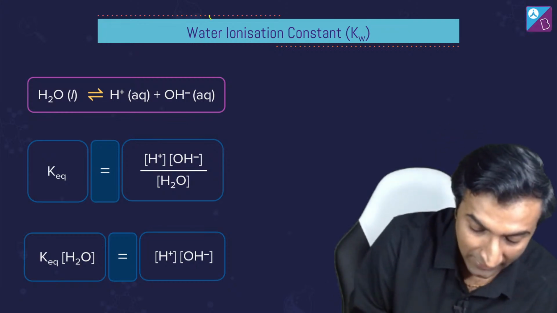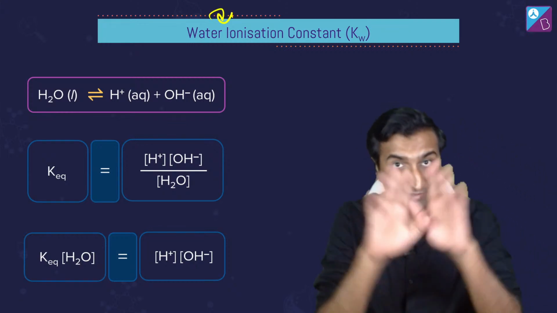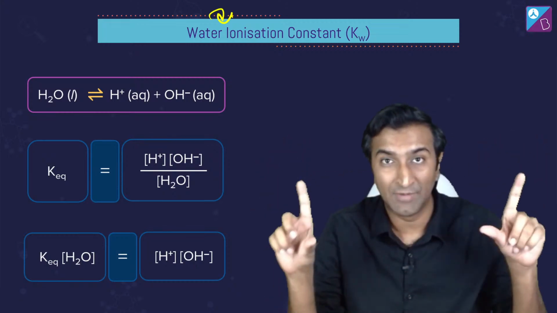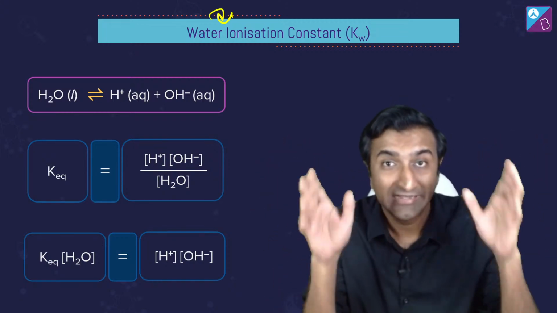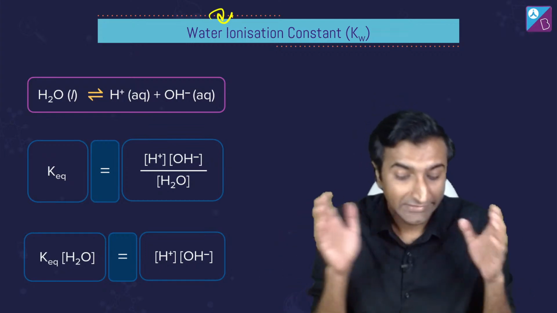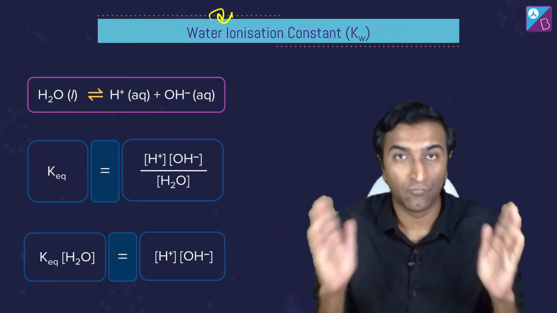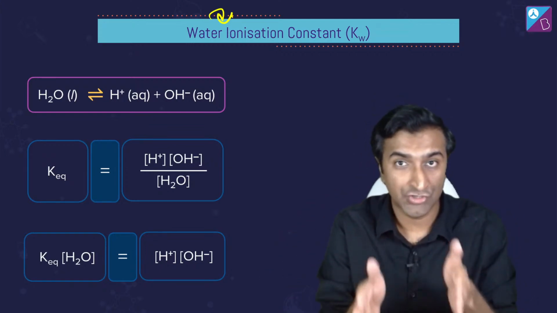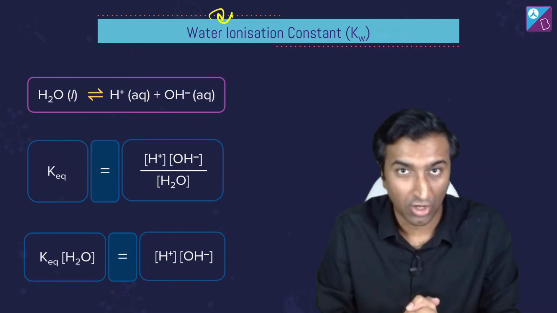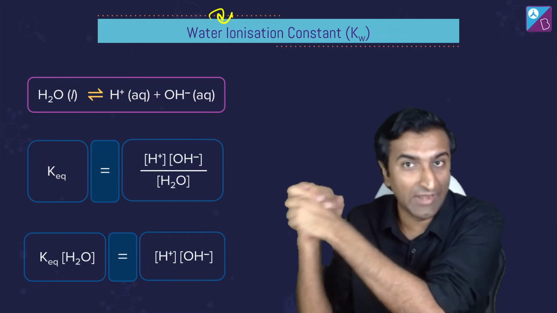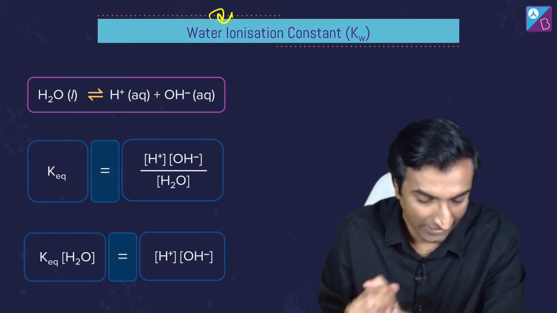What is the water ionization constant? That's what we're going to look at next. See, in the thumbnail, there were 3 things mentioned, right? Acid bases and Kw. What is this Kw? This is the dissociation constant of water, or the ionization constant of water, Kw. This is what I want to talk about, and we're going to use those ideas of molarity of water to do that. How? Look at this.